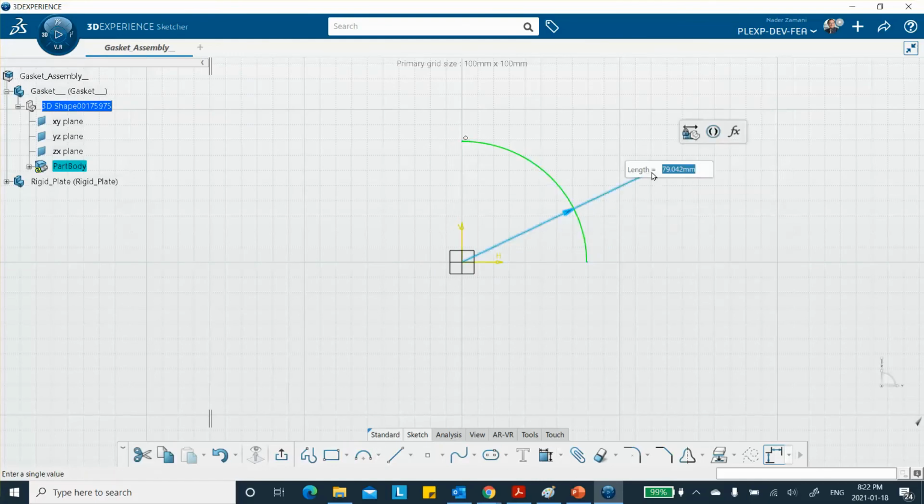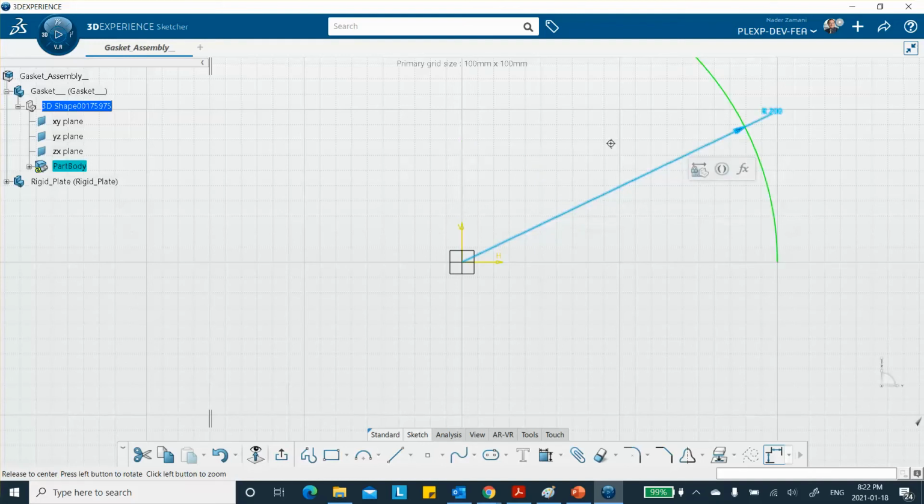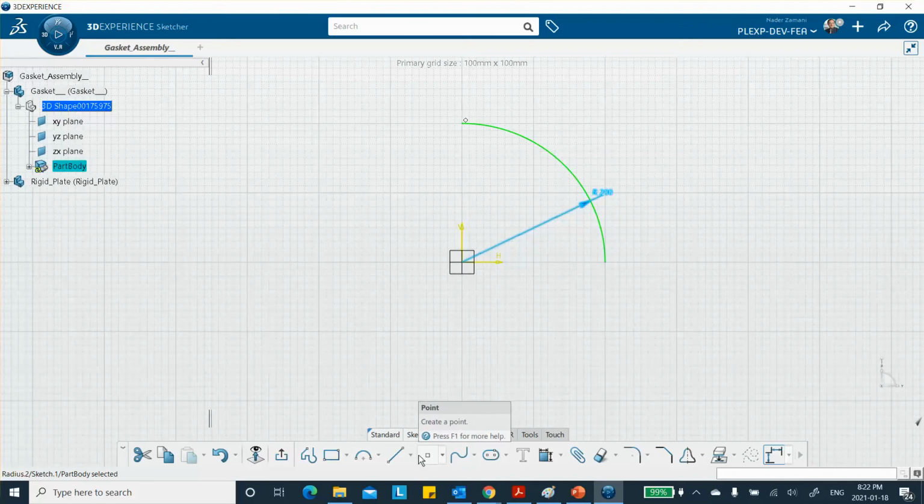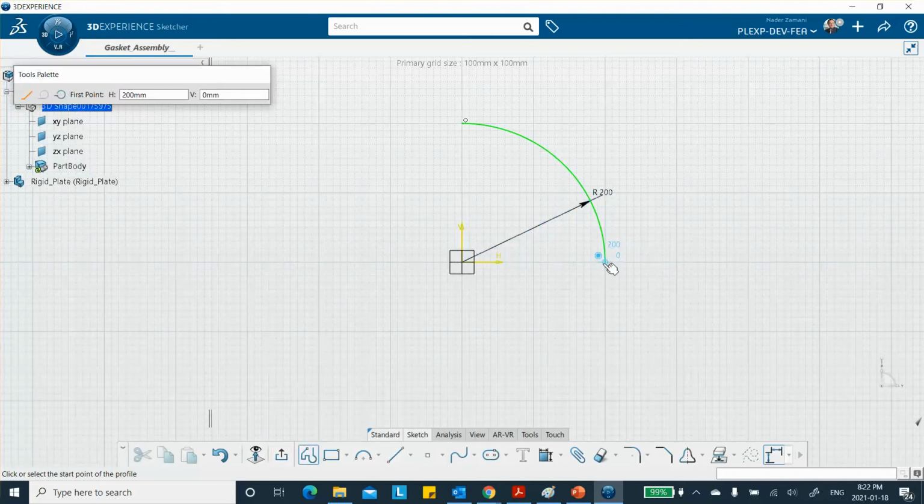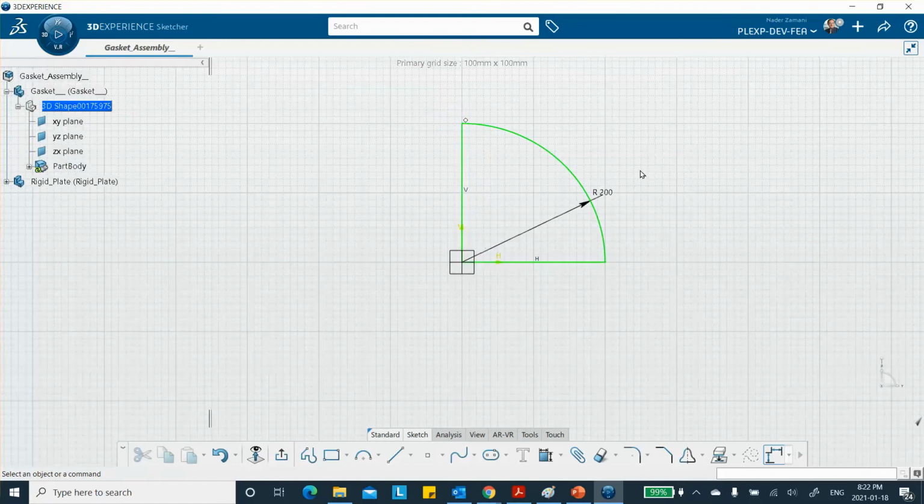Okay, and dimension this thing. I think the radius of that circle is 200 millimeters. My units are already in millimeters. Okay, and then we draw the line to close this. So I'm going to use the polyline. You go from here to here, and then I go all the way to the top. And this is it. Exit,